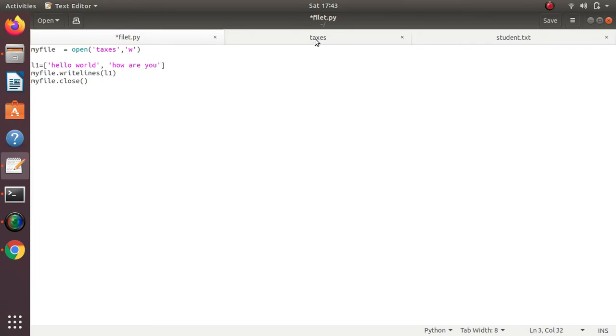Right now in the taxes text file there is only a single line, I am learning file handling. I only want to write 3 lines in this file, programming, and I pass this list in this function writelines.